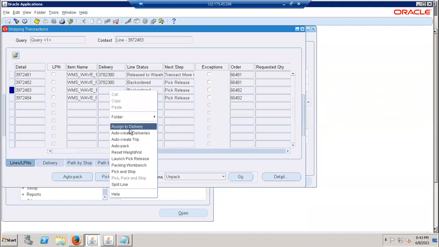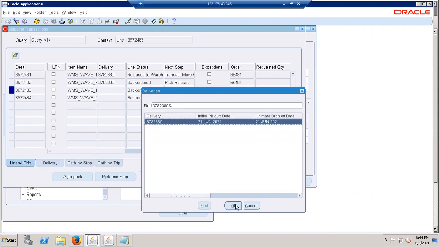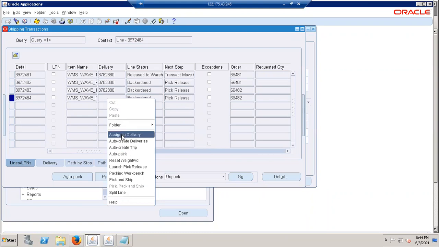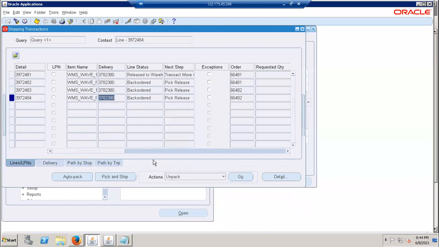So that we pick all at a time for one delivery, that's what I'm thinking. Otherwise, create different delivery IDs. 3, 7, 8. Okay.